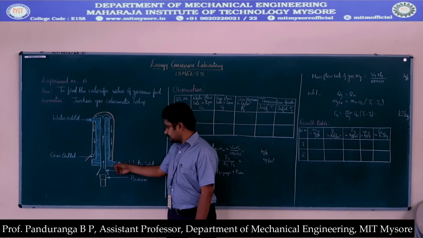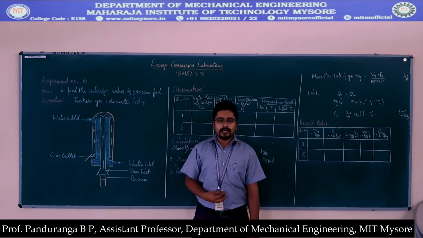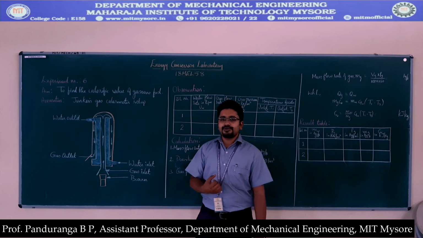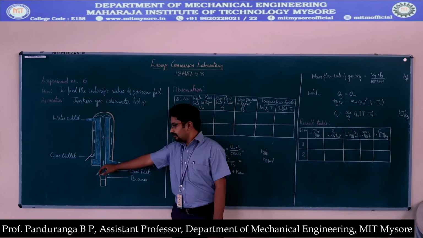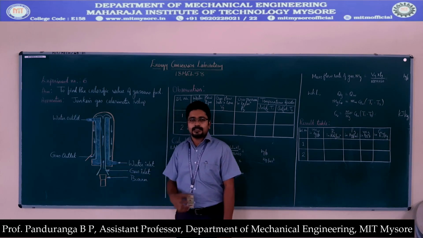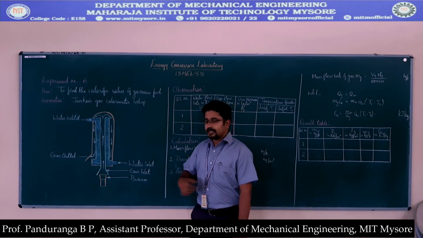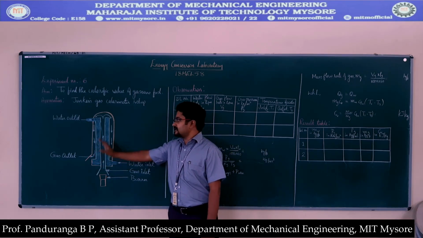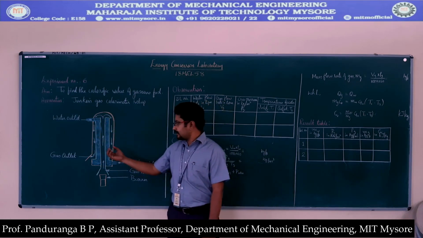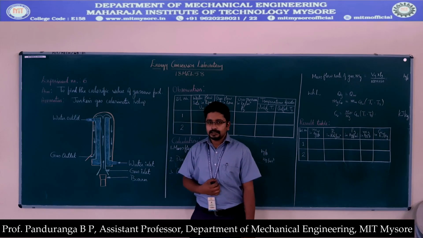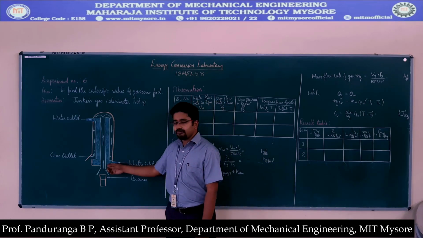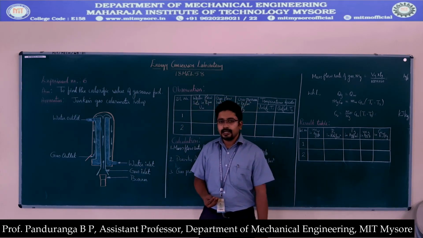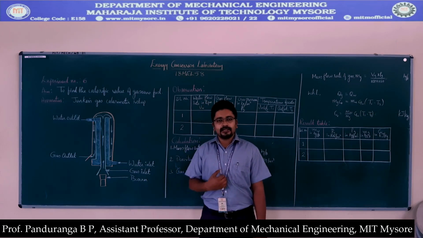There will be two thermocouples at the inlet and outlet of the water to measure the water inlet temperature and outlet temperature, so that we can measure the amount of heat absorbed by the water. So here the principle is that whatever the amount of energy released, that entire energy is absorbed by water. It's a simplified version. Here we are assuming that the amount of energy released by the gas due to combustion will be equal to the amount of energy absorbed by the water. And by measuring the mass flow rate of water, we can easily measure the flow rate and multiply that with the density to get the mass flow rate.